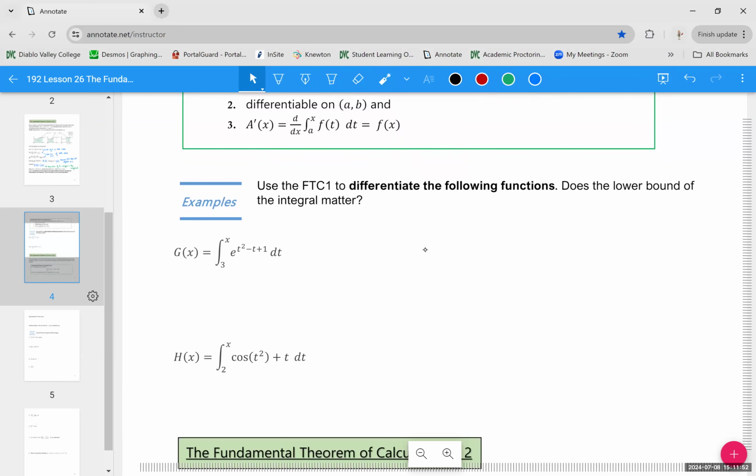Okay. It does not matter what the lower bound of integration is. It could have been 0, it could have been a, it could be 3, it doesn't matter. Okay, as long as you're taking the derivative, so it says use FTC1, we always use FTC to stand for Fundamental Theorem of Calculus, part 1, to differentiate the following function. So I'm going to take a derivative of this. As soon as I see the derivative of an integral where the x is up in the top, all I'm basically doing is plugging that x in